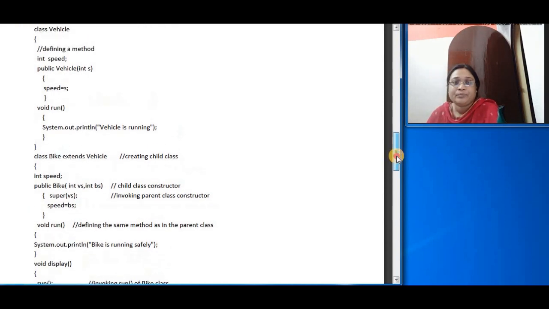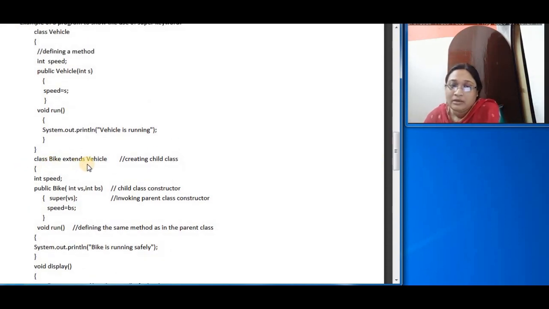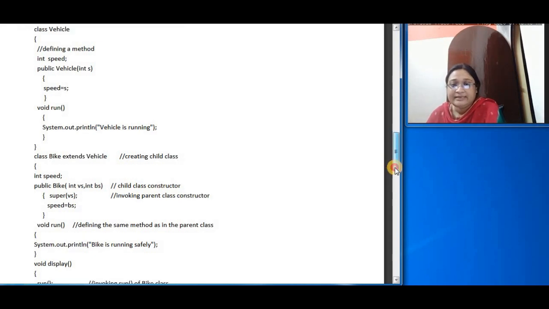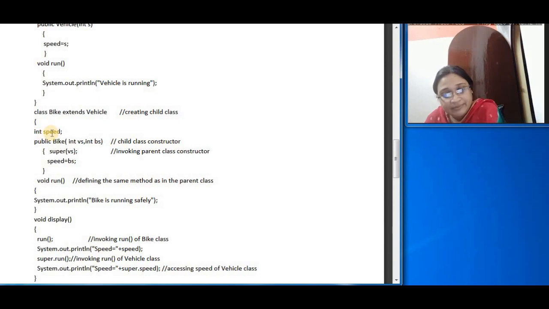Then I am extending the vehicle class. That is, I am creating the child class of vehicle. So class bike extends vehicle. That is, bike is my child class. Now inside bike also I have declared an instance variable named speed, which is the same as the instance variable I have used in the base class. Then I am defining the constructor of this bike class.